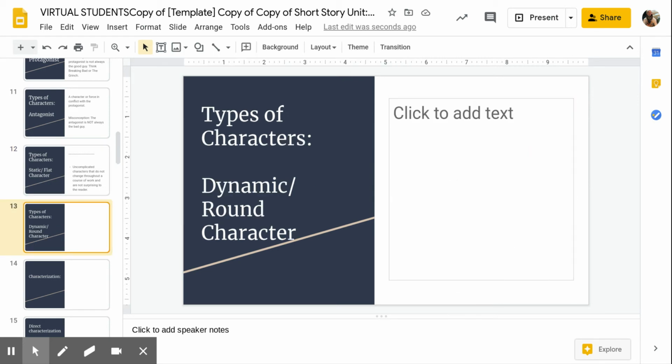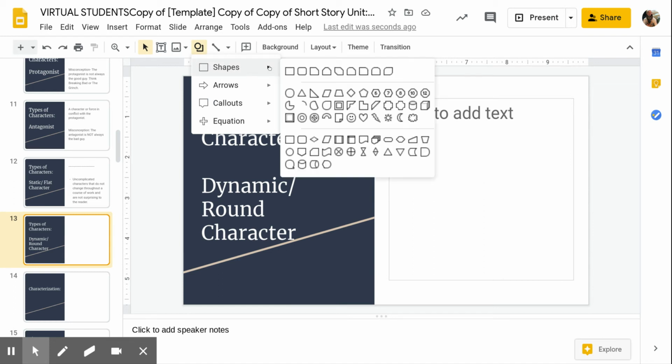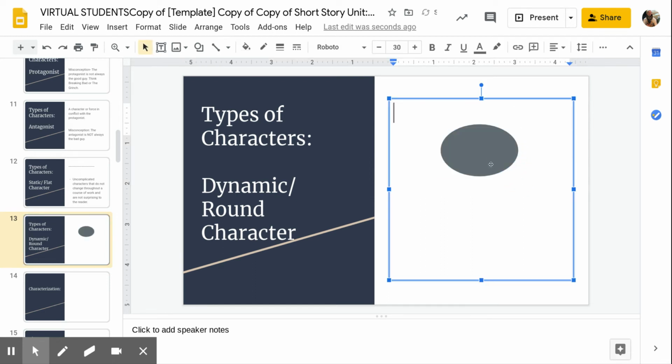But let's do the opposite of that, and let's put in a circle. That's going to be different because you look at a circle and it's constantly moving. They're changing. So that's the difference between a dynamic or round character as opposed to a flat or static character. So a dynamic one, as you can probably assume by the circle and by my explanation,